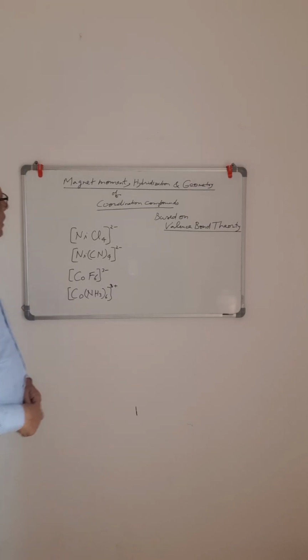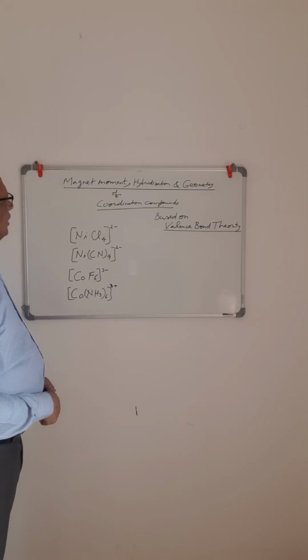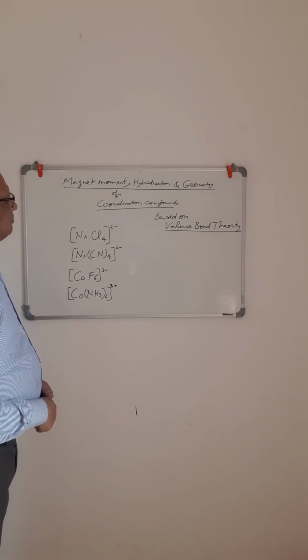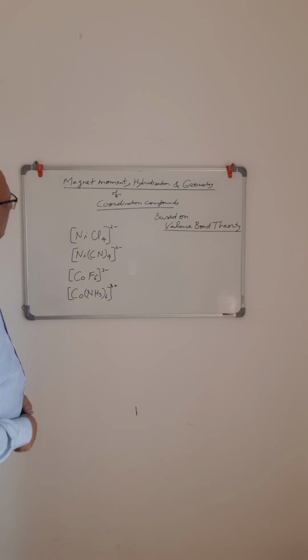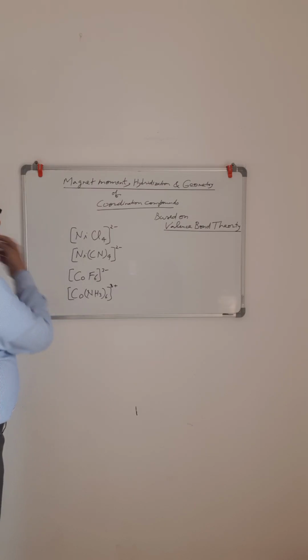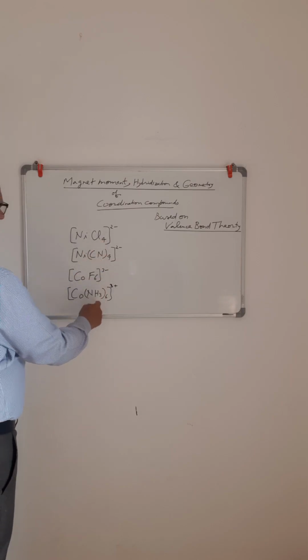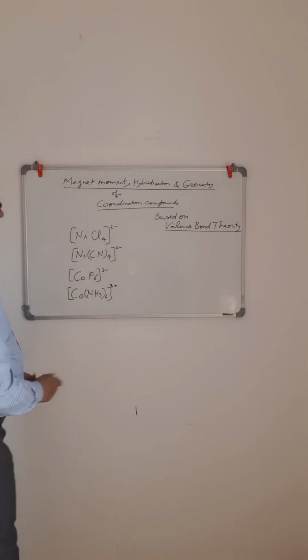गुड मॉर्निंग बच्चों। आज हमने कोऑर्डिनेशन कंपाउंड्स का एक टॉपिक लिया है जिसमें हम वैलेंस बॉन्ड थ्योरी के बेस पे we will find out the spin only magnetic moment, hybridization and geometry of various coordination compounds. इसमें हम ये 4 एग्जांपल्स लेंगे। पहले 2 एग्जांपल्स जिनमें कोऑर्डिनेशन नंबर 4 है और दूसरे जिनमें कोऑर्डिनेशन नंबर 6 है।